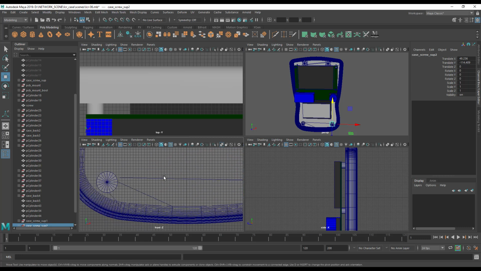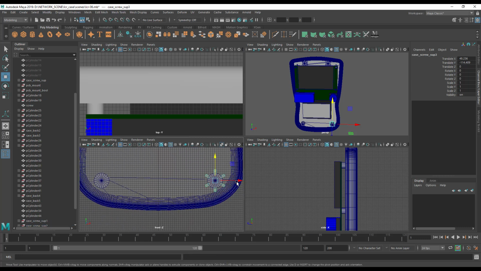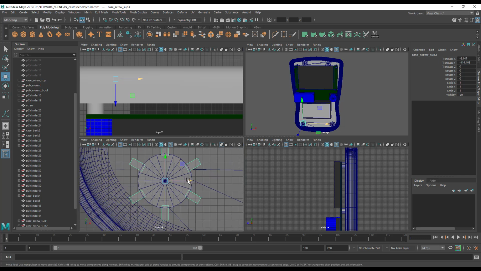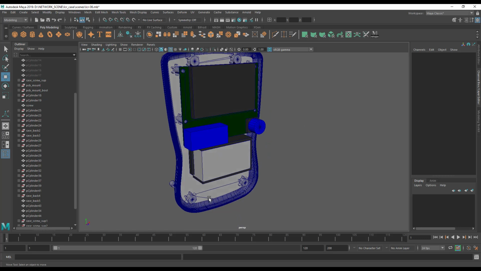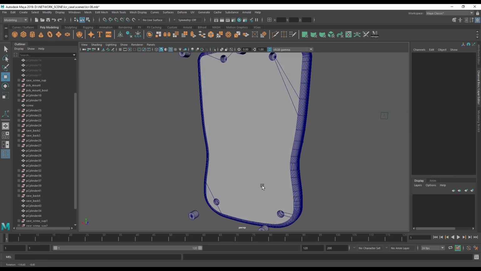And once again, Control D, and let's move this across here. F to focus the camera, and make sure they're all bifurcating. There we go. And we are done. So now we've got all the supports ready to receive the screws through the back of